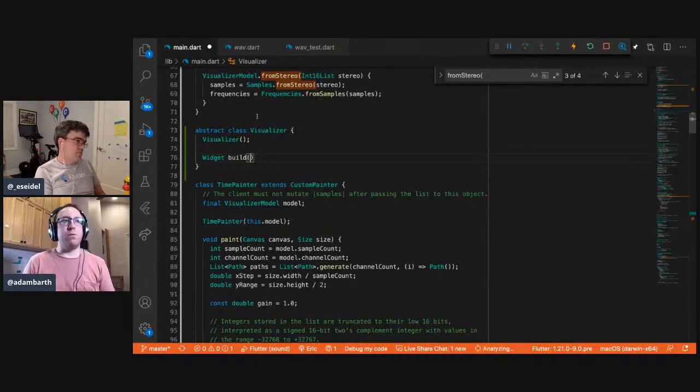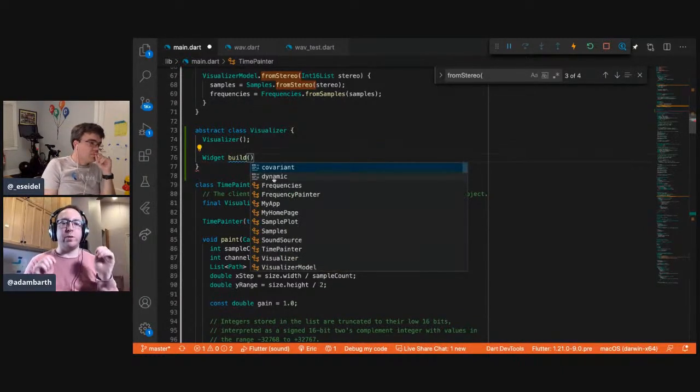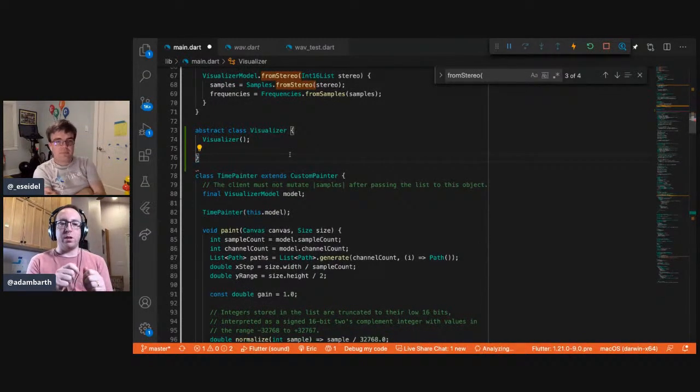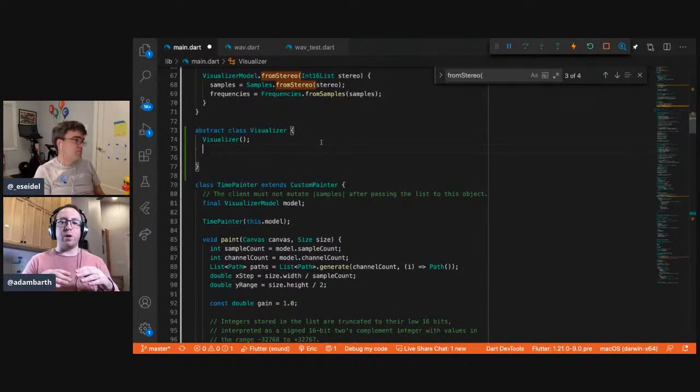Right now we have the idea that here's a single model. In our world, the model contains both the time samples and also the frequencies. I was going to say we talked about doing visualizations where the visualizer has history or hysteresis. You can imagine if you've seen an equalizer where it keeps the max on each range.